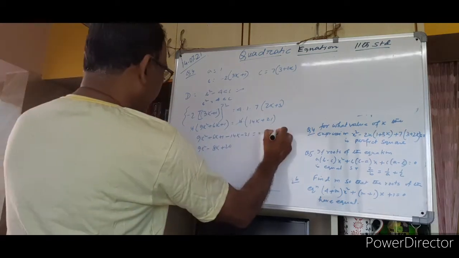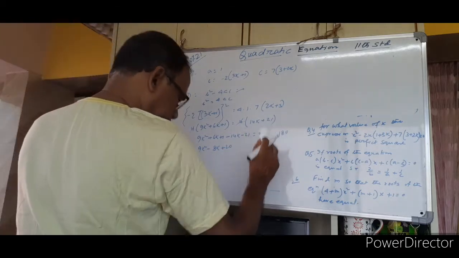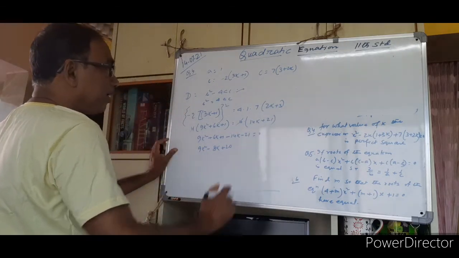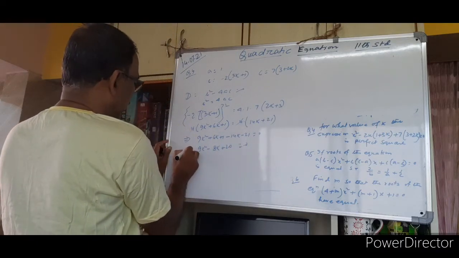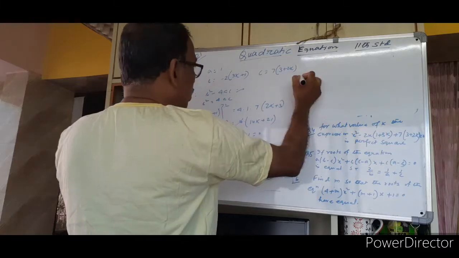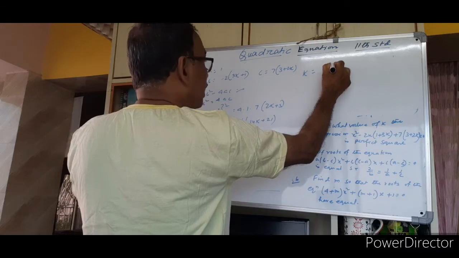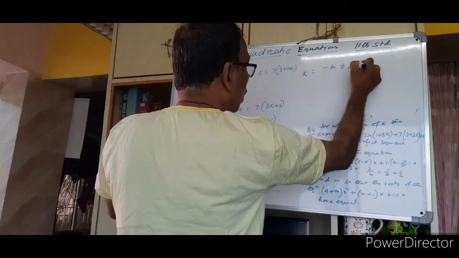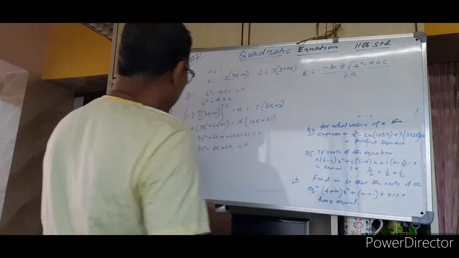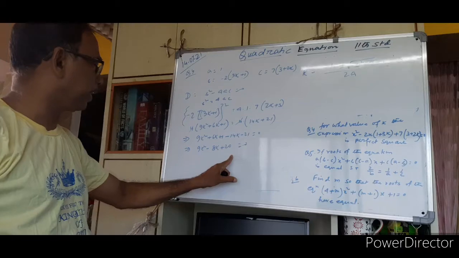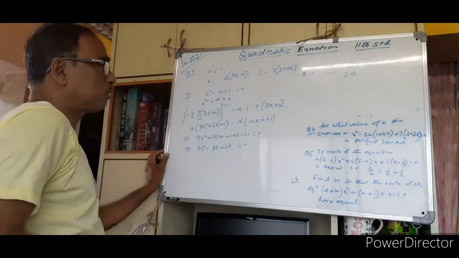Here 180 is the product value. Now we can't break it by the middle term break, so we have to find it another way. This equals 0. Now using Sridharacharya formula, k equals minus b plus minus root over of b square minus 4ac over 2a. To solve this second degree quadratic equation, we can use the Sridharacharya formula.